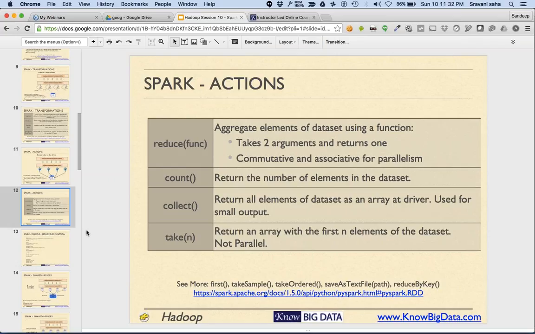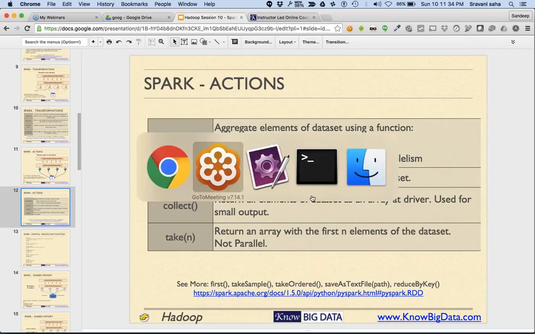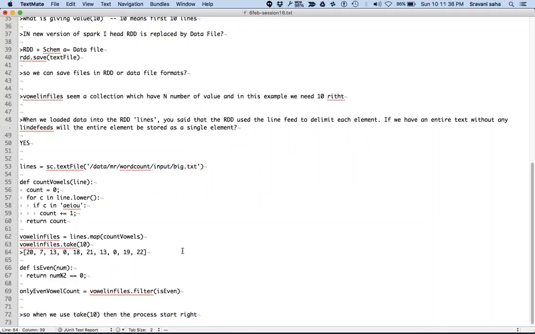For example, I want to count the total number of vowels in this file. All I have to do is sum up all the values in the vowel count, because it contains all the vowels. Correct?